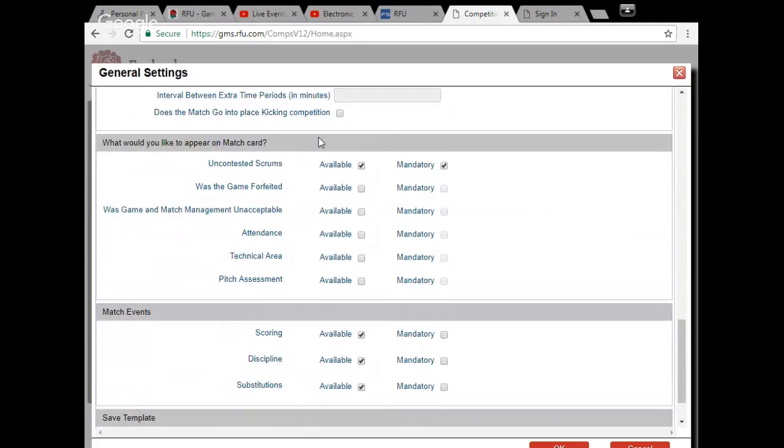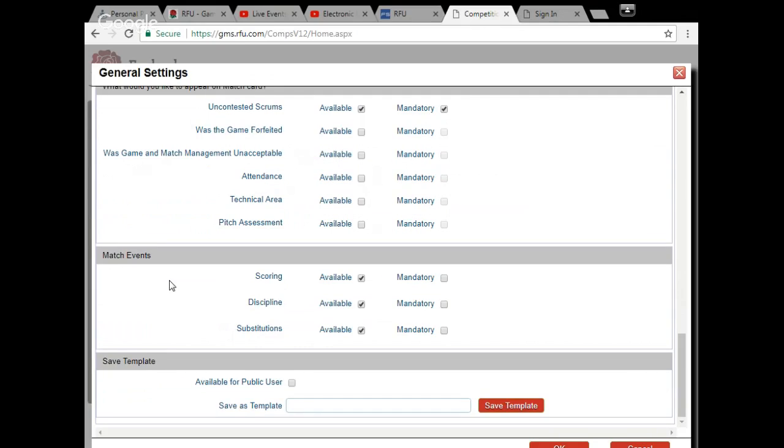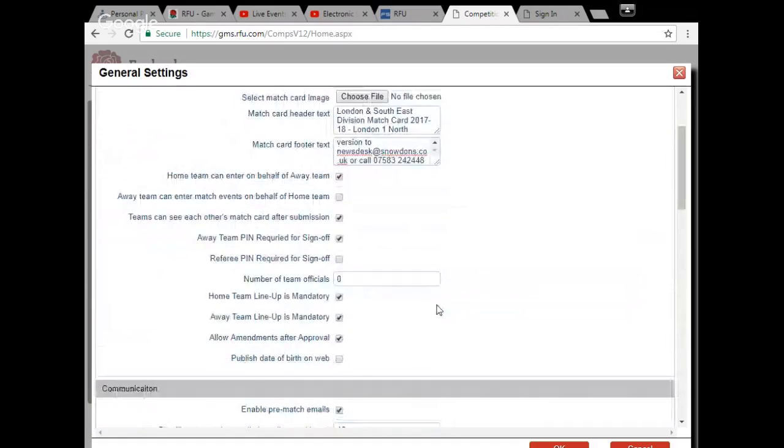What would you like to appear on the match card? Obviously, uncontested scrums are mandatory, so you tick that and make it available. Moving on to match events, scoring, discipline, substitutions, all will be made available. Then once you've checked your settings and everything is as you want it to be,